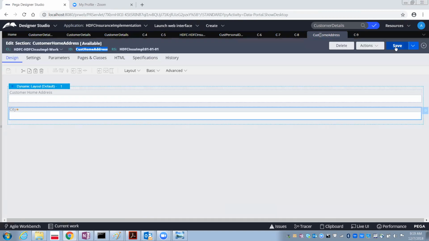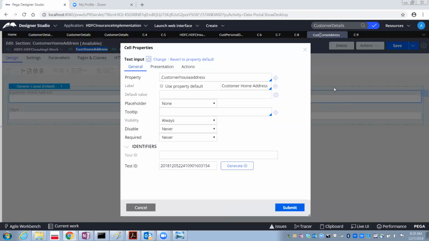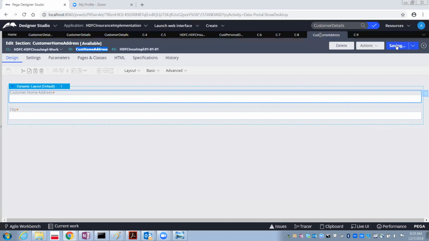For the city I am selecting required and save. And at the same time for home address also I am selecting required and saving. Required always, submit. So now these two properties are the required properties. Did you find any difference in this?